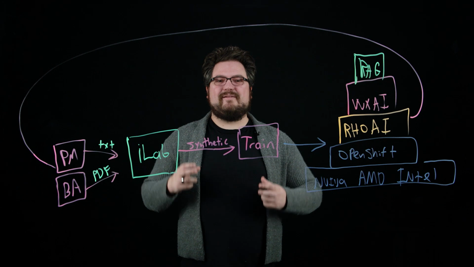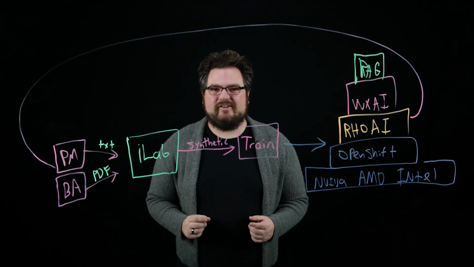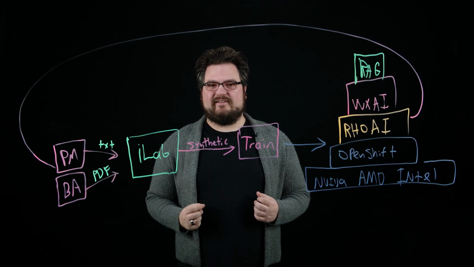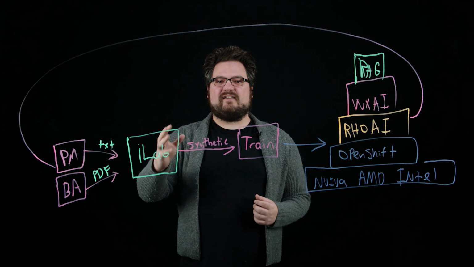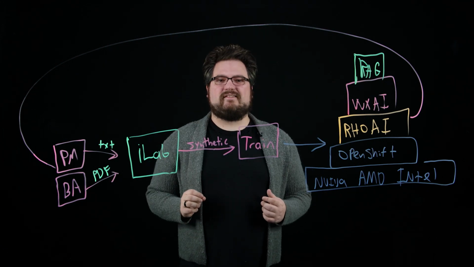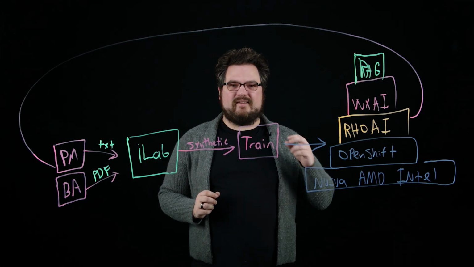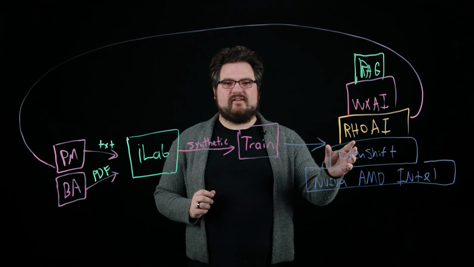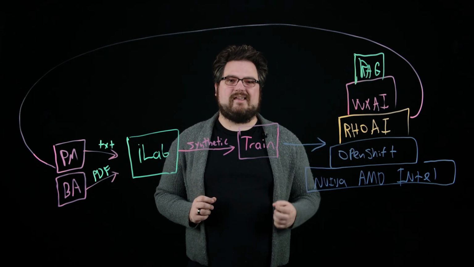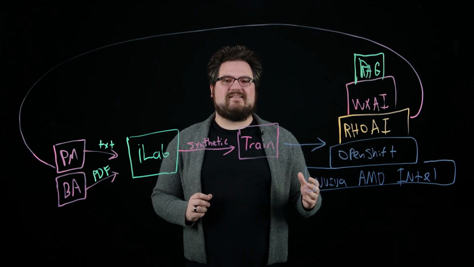All right, we've shown the complete model lifecycle and how to apply domain-specific knowledge from people within our organization, like project managers and business analysts, then manage that data through a taxonomy through InstructLab, generate synthetic data that's then used for training that model, and then ultimately deploying into a Kubernetes-based platform like OpenShift, utilizing AI services from tools like watsonx AI, and ultimately using technologies like RAG to enhance that experience.